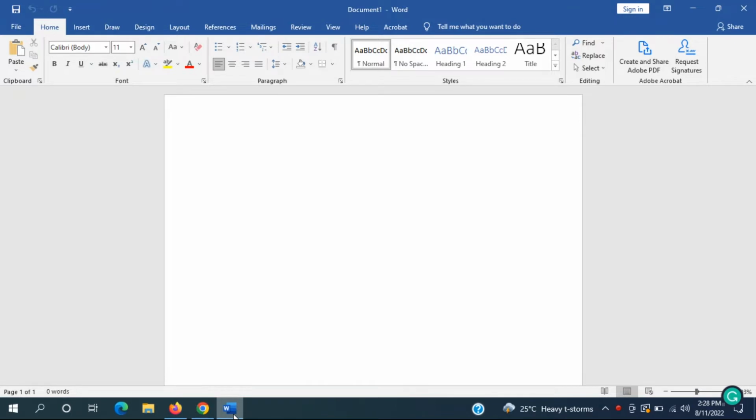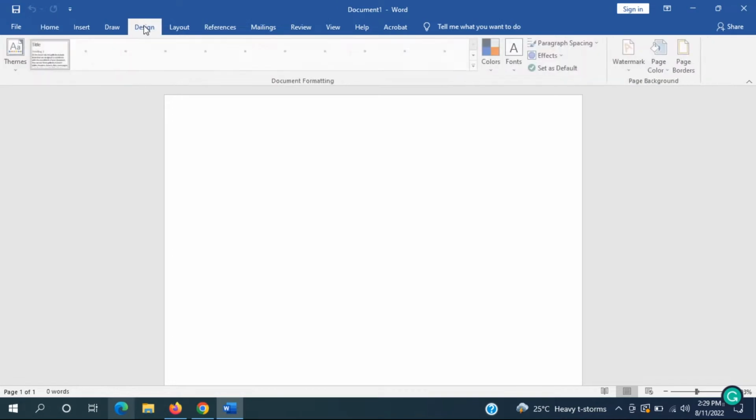In today's tutorial, I'm going to show you guys how to add a colorful page border in Microsoft Word. So it should hopefully be a pretty straightforward process here guys, and without further ado, let's go ahead and jump right into it. So all you have to do is to select the design tab up at the top, and